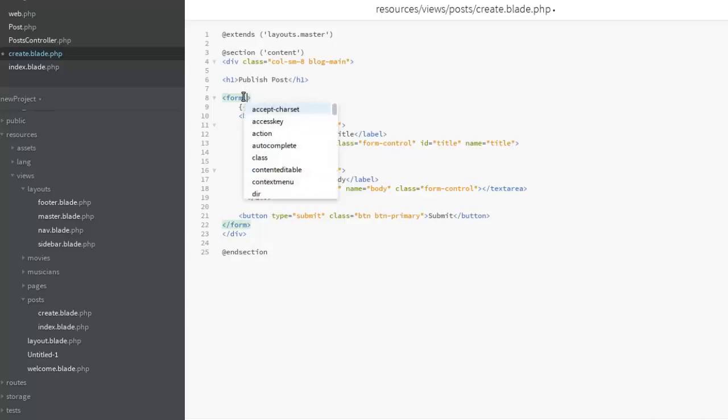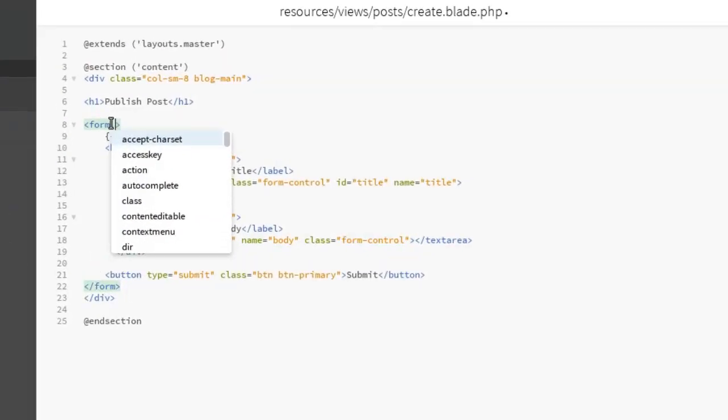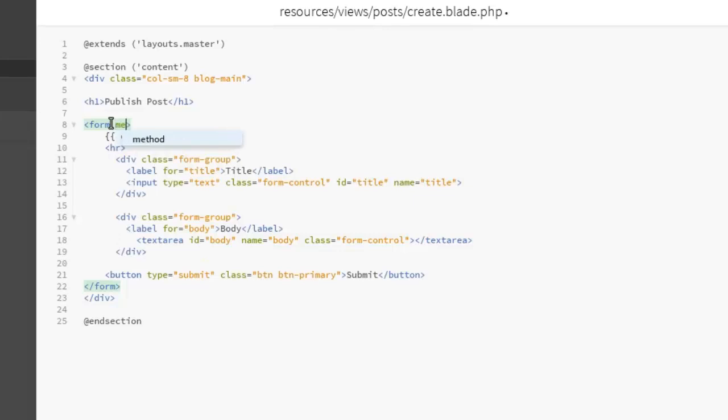extend the form. There should be a post request. So what's the method of the form? It should be a post, and there should be an action, that will trigger. Let me make the post a sort of capital. So it's just going to mimic all conventions. Now the action